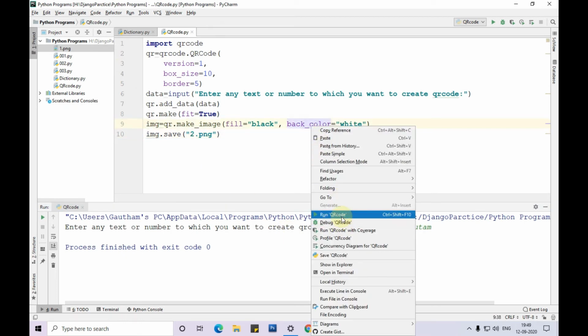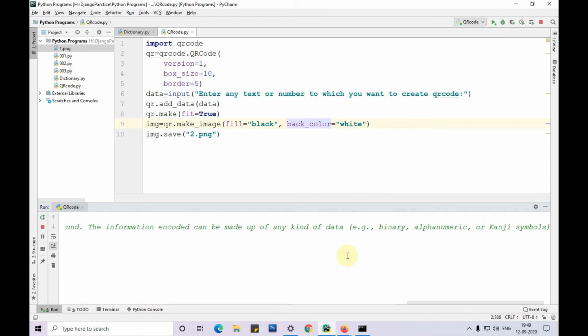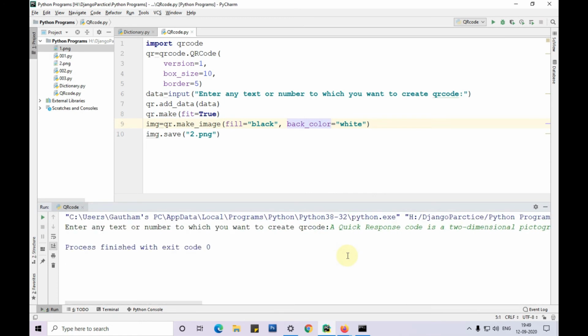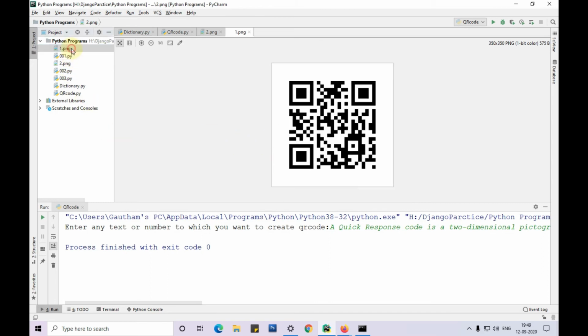I'm running the program again. I'm writing this much data and pressing enter, and you can see that another file 2.png is created with so much data. Because the data is huge, you can find the QR code image is big, and there are many more lines when you compare it with this QR code.